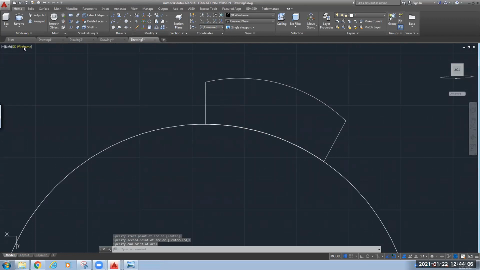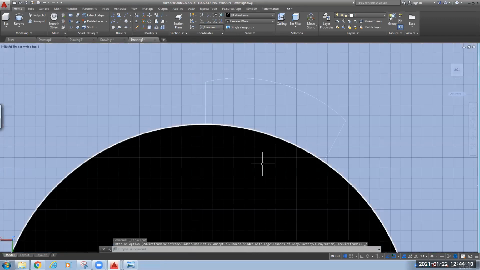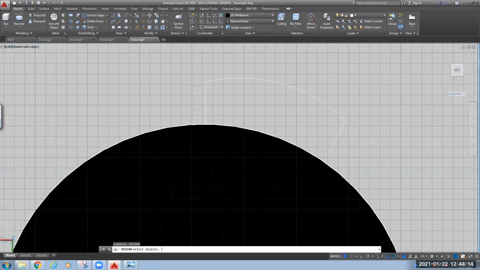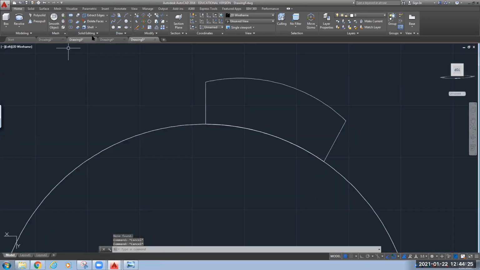After doing this, you can create a closed region for this also. You have to be careful here also while selecting those lines.